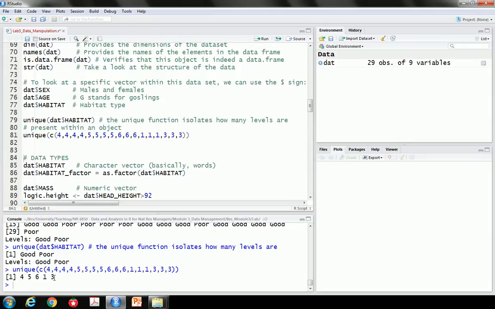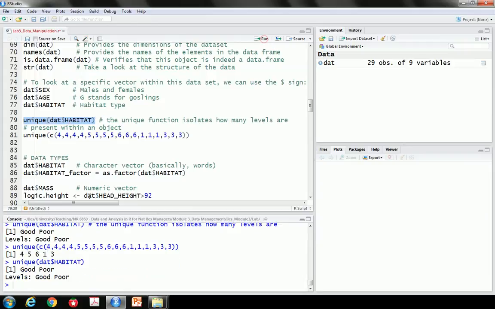It doesn't tell me how many there are, but it tells me that these are the unique values in that vector. So this unique command can be pretty useful for just seeing what the different values are within each of your columns. And I use this a lot, this unique command, to error check my data and make sure I haven't made any typos. Because if I use unique dat$habitat and I end up with good, poor, and